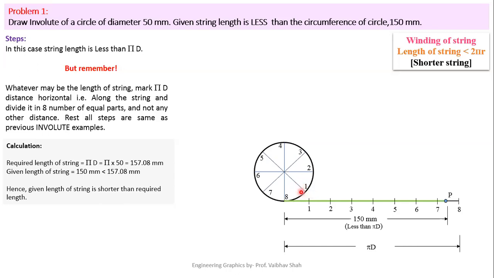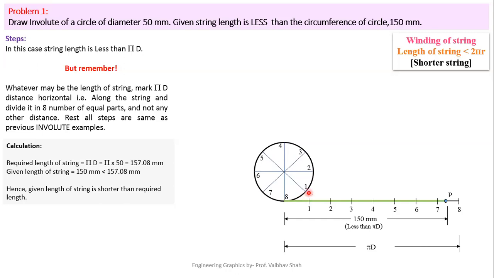So this is the first point which will get in contact with the string first. So it is called your number 1 point. So we have marked this point 1 because your string will first get in contact with this point in the first position. So this is already 0, this is 1. So it is obviously your anti-clockwise pattern 0, 1, 2, 3, 4, 5, 6, 7 and 8. Very easy. Now, next step.